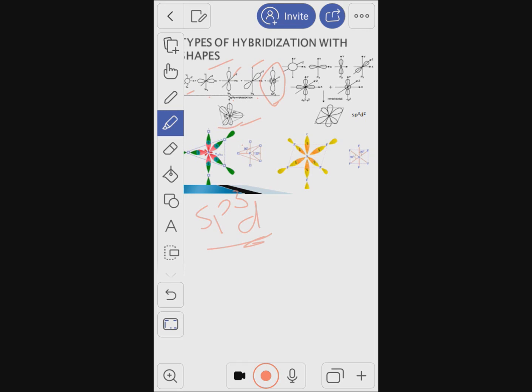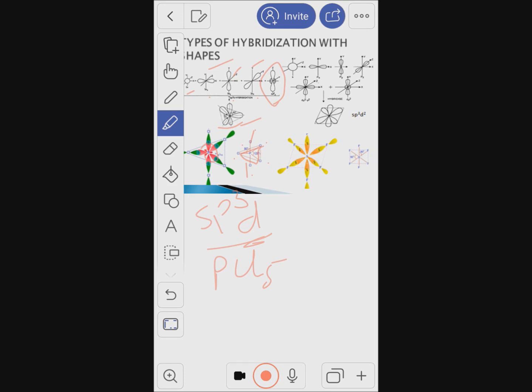For example, in case of PCl5, phosphorus is the central atom, which is attached to 5 chlorine atoms. 3 are in the equatorial plane, forming a triangle with bond angle of 120, and the fourth chlorine is above the plane and the fifth below the plane. These are on the axial axis